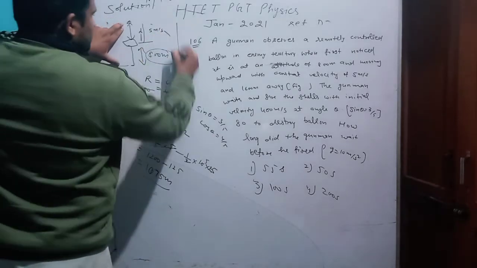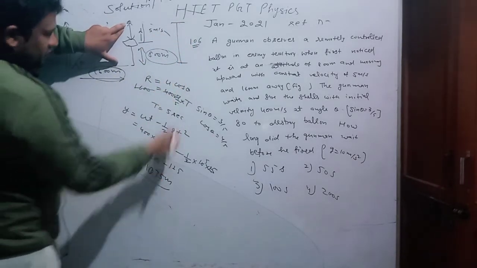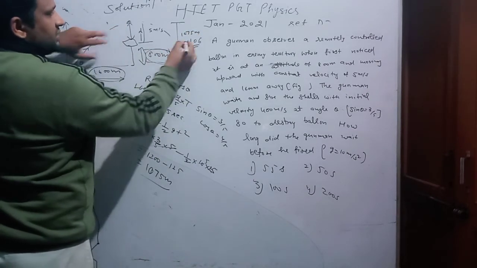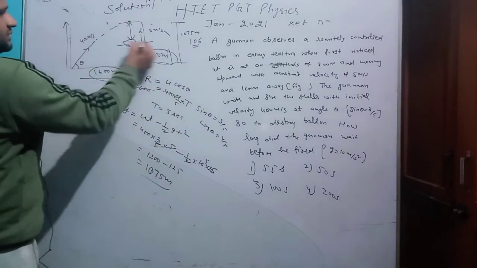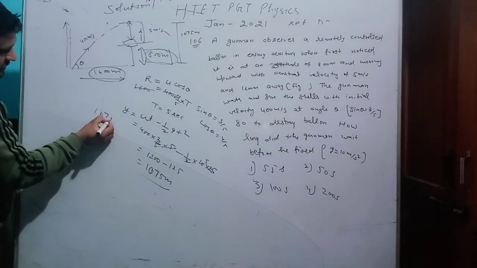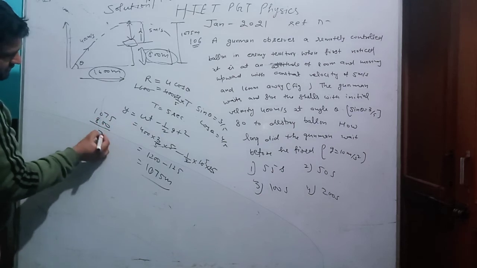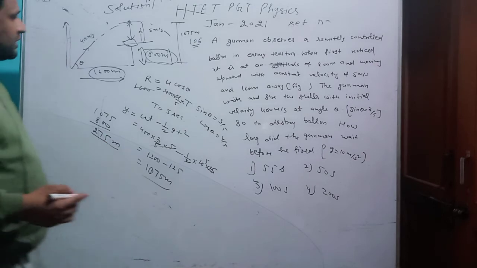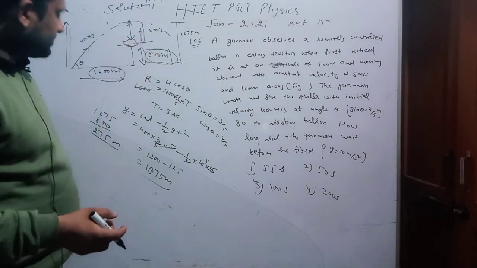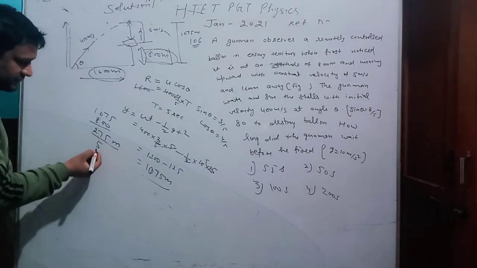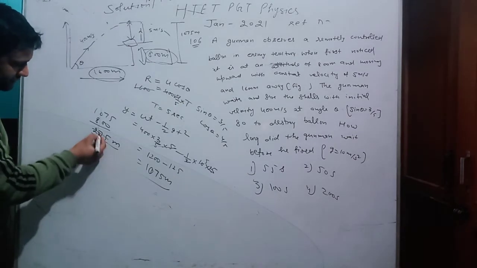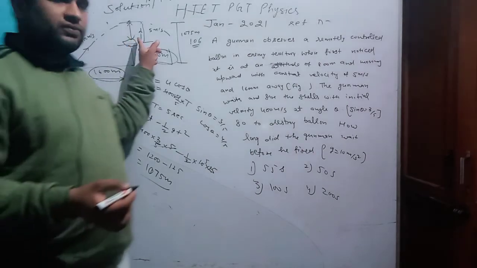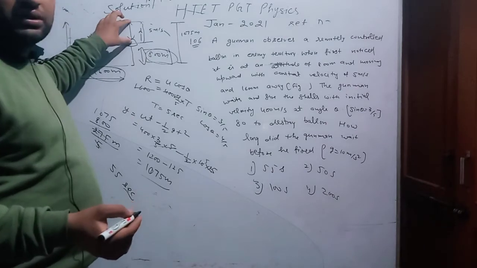Then this distance total in the time will be 1075. 800 already here, then this distance is 1075 minus 800, that is 275 meters, and this is moving with 5 meters per second, then divide by 5, that value is 55. Total time it takes is 55 seconds from here to reach here.